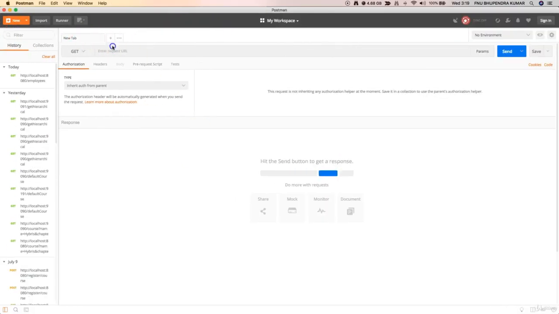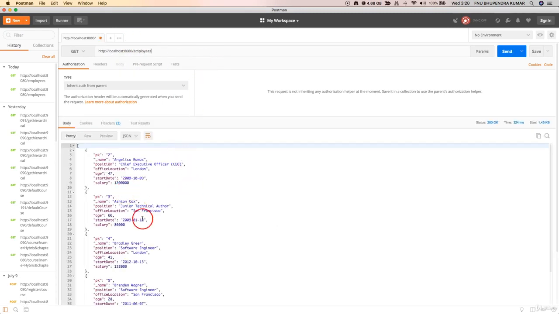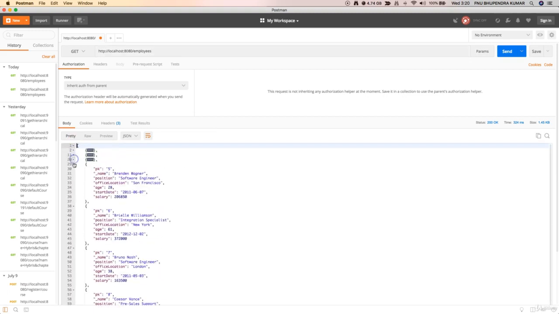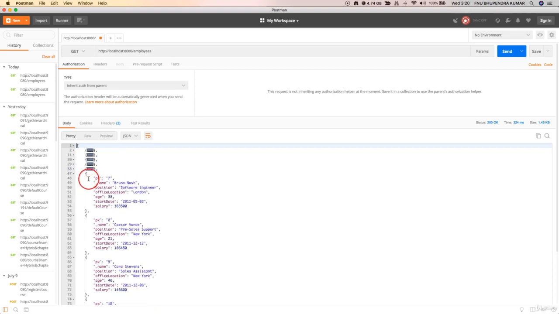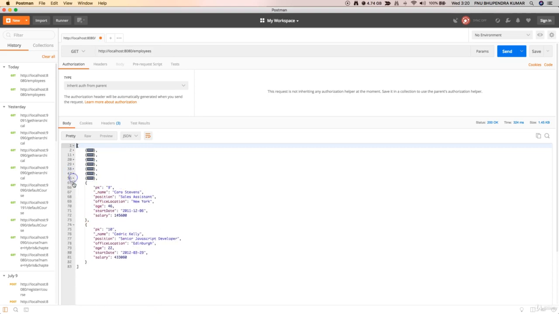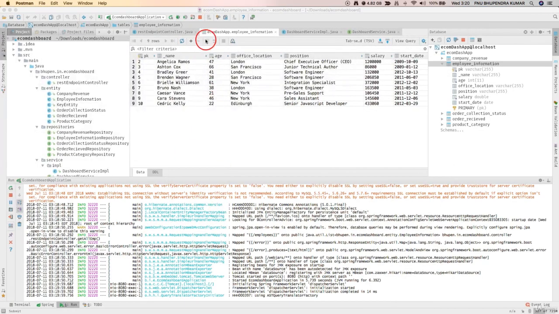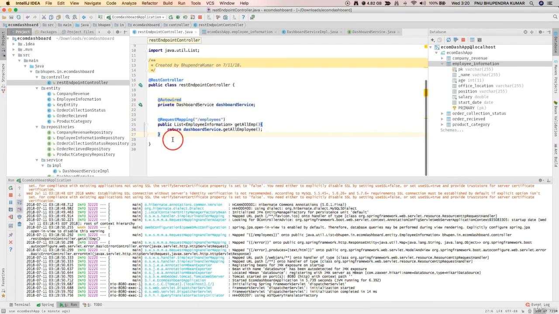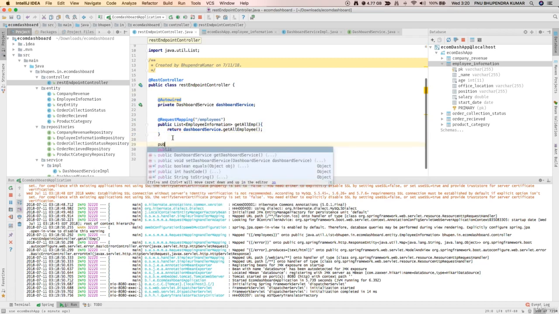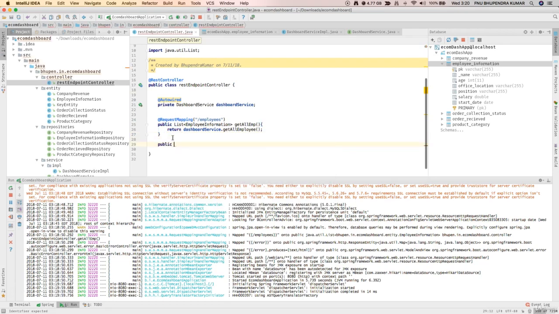So let's see the postman. I'm going to use employees, and I can see pretty much everything in an array. Let's create a post call to save the record. So public string